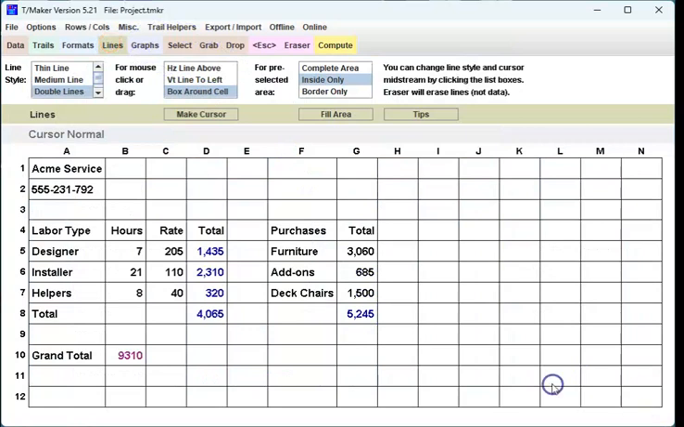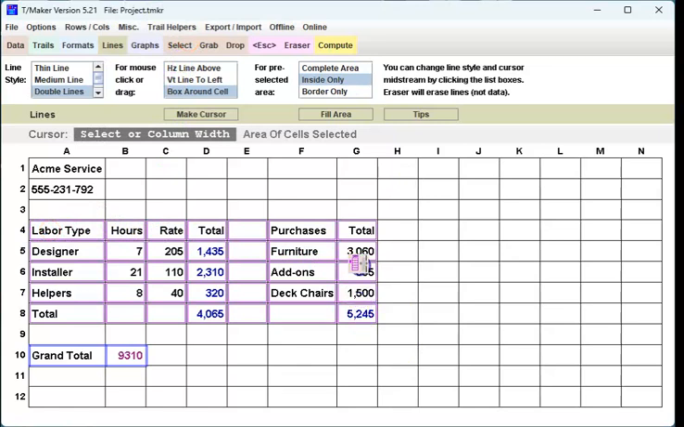Let's put some lines on the thing and make it look a little more interesting. I'll go up here on lines and I'll pick a double line and I'll ask for a box around the whole cell, and I'll just click it there and there. Now, to do all this stuff in the middle, it would be more convenient to fill an area rather than click them in individually. So I'm going to select the whole area I want lined, and I'm first going to